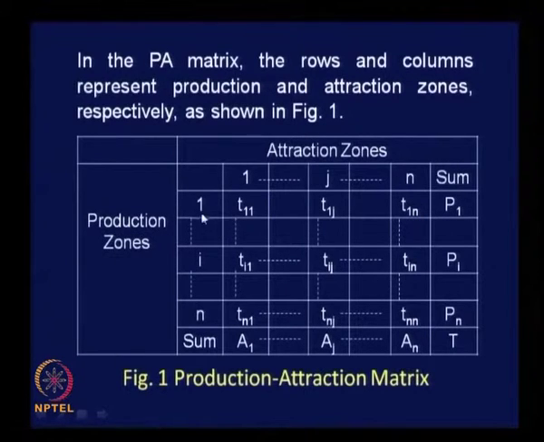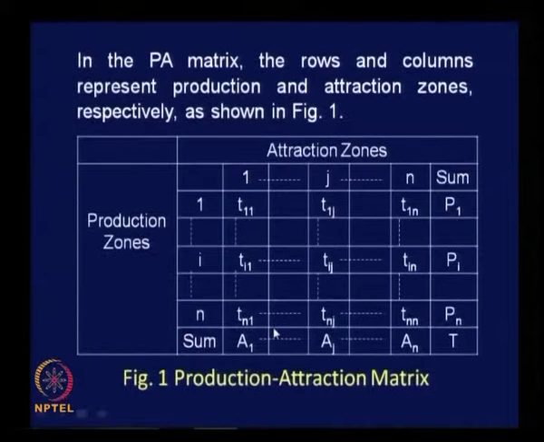That means the distribution pattern pertaining to zone 1 is given along one row. So if you sum up all the cell values, you must get the total of the trip production of that particular zone, isn't it, because we just distribute the total trip production between the zone under consideration and all other zones. So obviously when you add up all the cell values along a row, you need to get the total trip production of that particular zone,